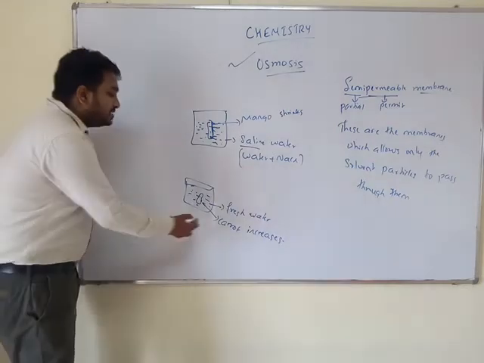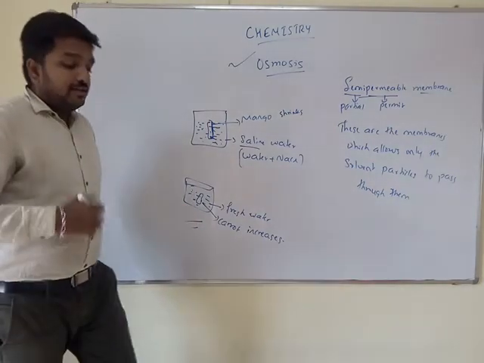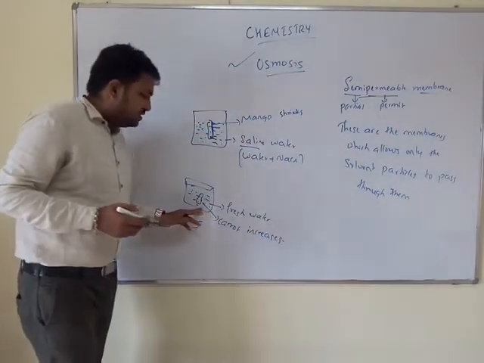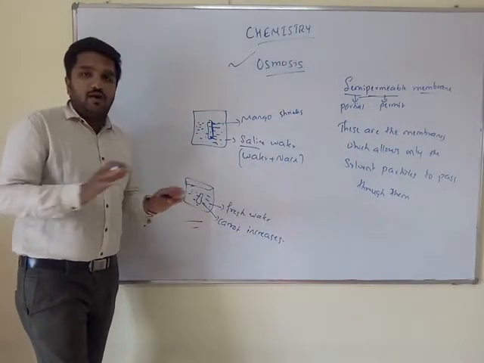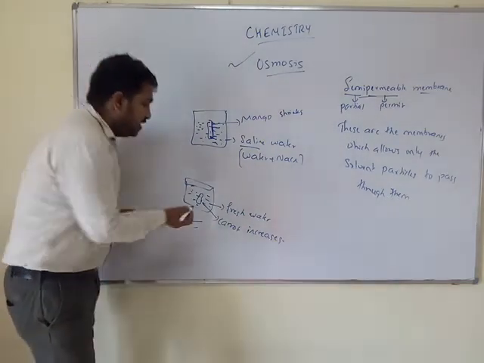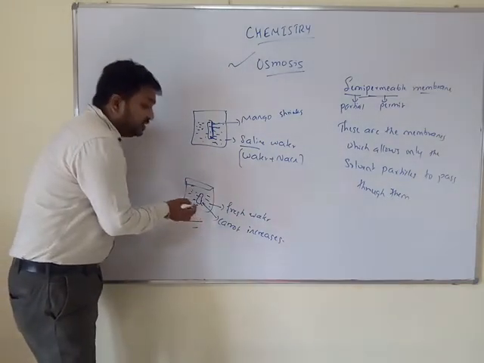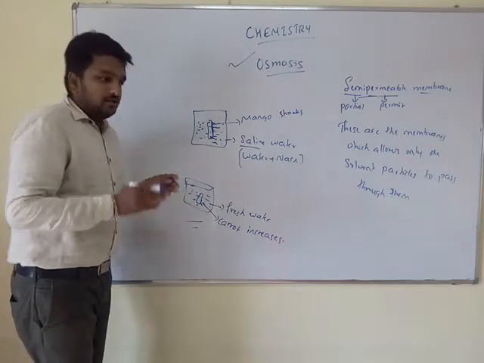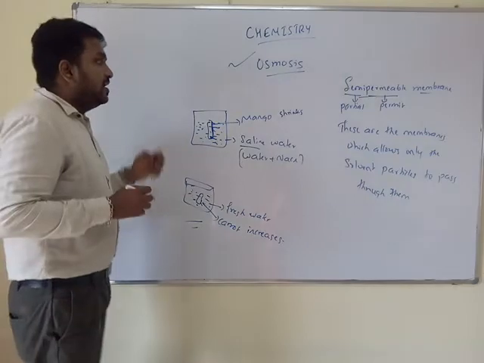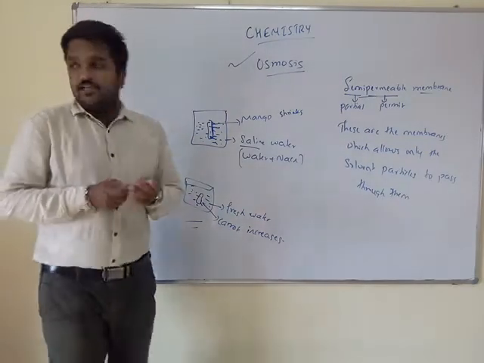In the carrot case it is the same thing. The concentration of the carrot will be more, because in this case it is fresh water, there is no added solute. That means it is only fresh water. So the solvent molecules enter into the carrot, and the carrot size widens up, the carrot size increases. This is the concept behind osmosis.